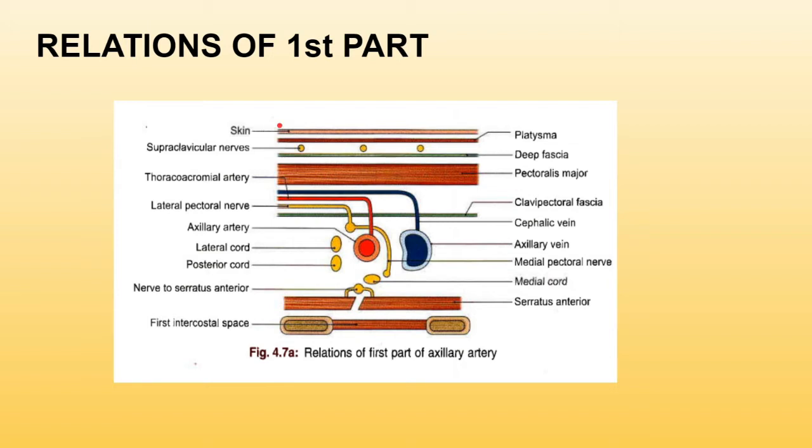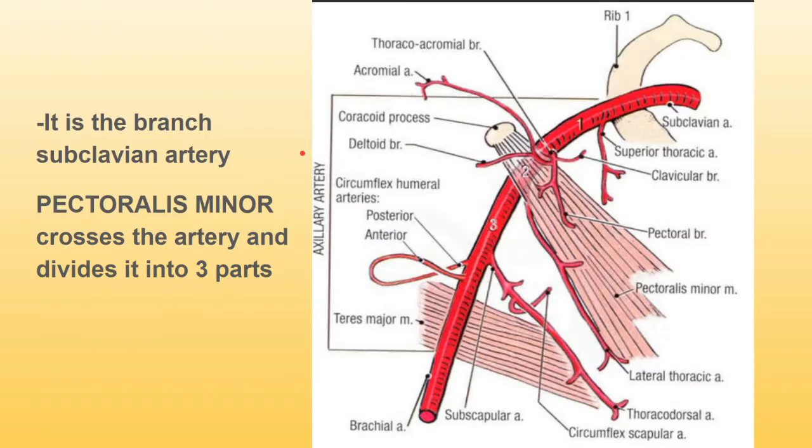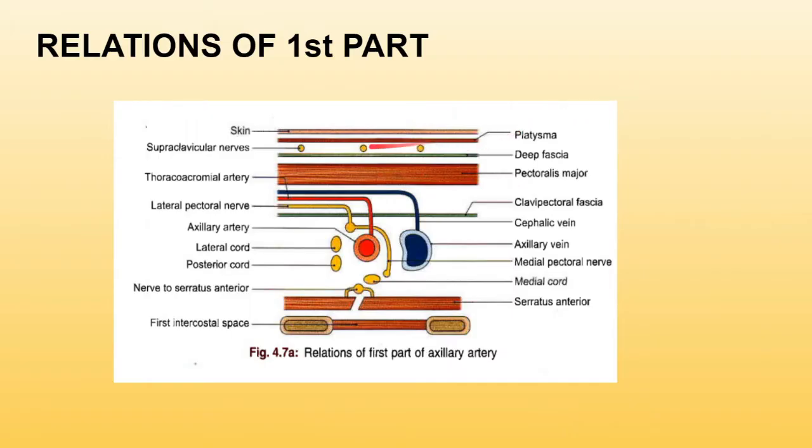Now over here in the anterior, it is having skin, superficial fascia containing the platysma muscle, or the muscle of the neck, and the supraclavicular nerves. As you can see over here, this part of the artery, the first part, is near to the neck, and the platysma muscle is the muscle of the neck. So it will be having the platysma muscle. Rest all other parts won't be having the platysma muscle. Remember this. Only the first part is having the platysma muscle in the relation.